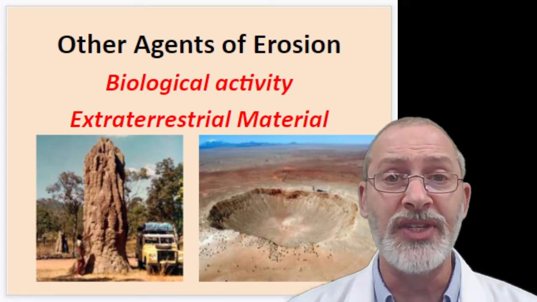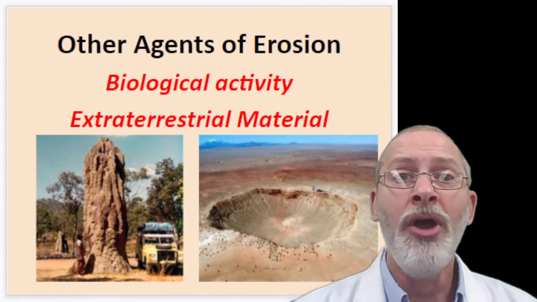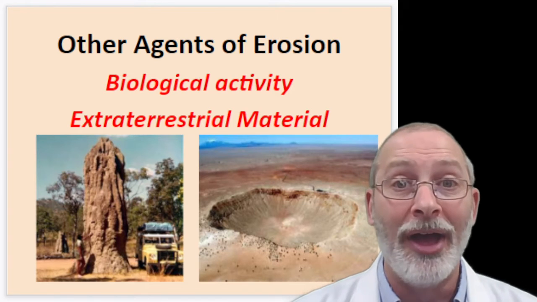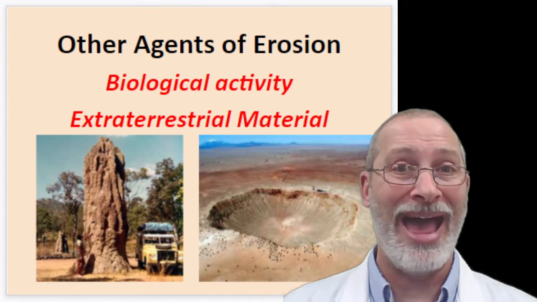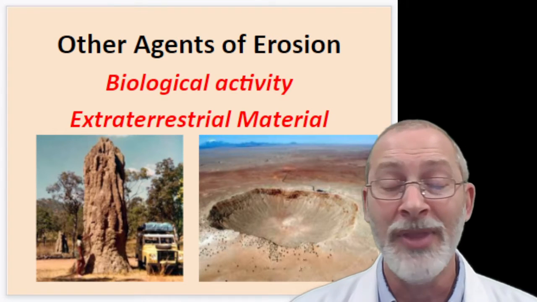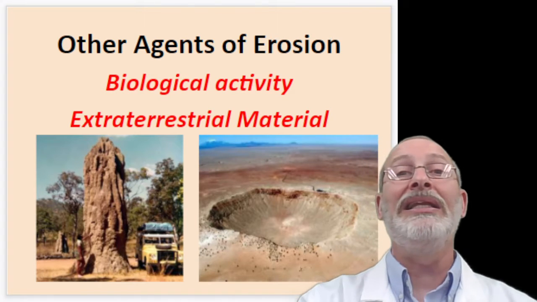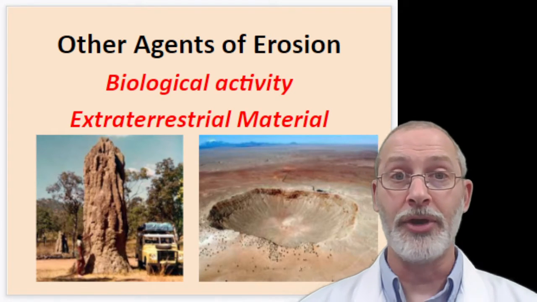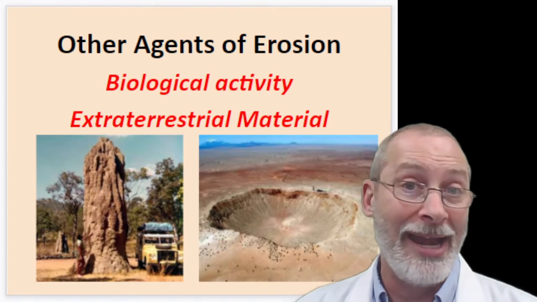Biological activity is an agent of erosion. In fact, we mentioned in the first unit how geologists are currently thinking about adding another geologic era to Earth history due to the impact that human beings are having on the erosion of our landscape. There are places, maybe in class I'll show you a picture of West Virginia, where we have completely removed entire mountains in order to mine coal, for instance. We are altering the landscape, and so we are an agent of erosion.